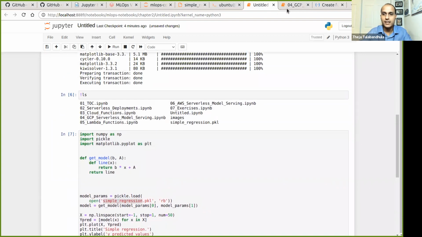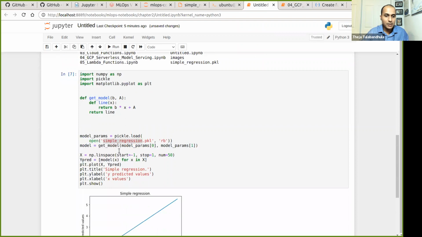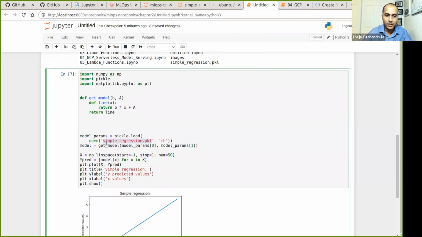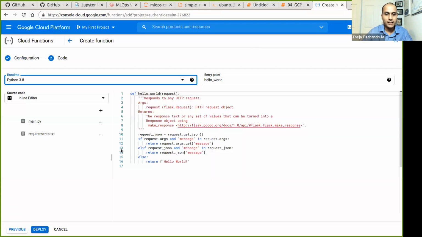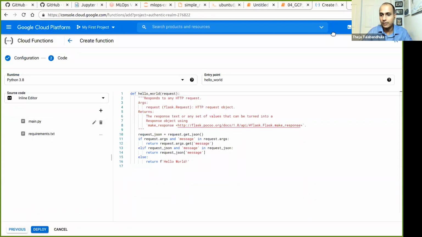Now what I want to do is do the same on GCP. So for that, what we need to do is be able to send this file. So somehow read this file from GCP, so from Cloud Function. Okay, let's go back there. So you can see that here we can only have regular files, right? So what I want is to be able to read this pickle file from somewhere, and therefore be able to make this prediction, right? So that's going to be the new thing this time.